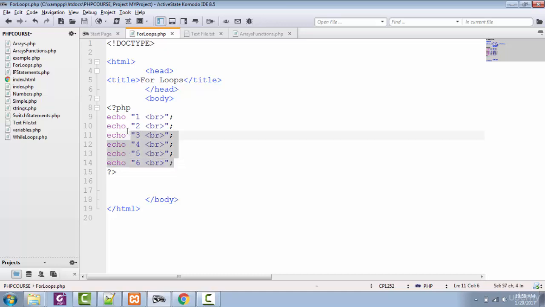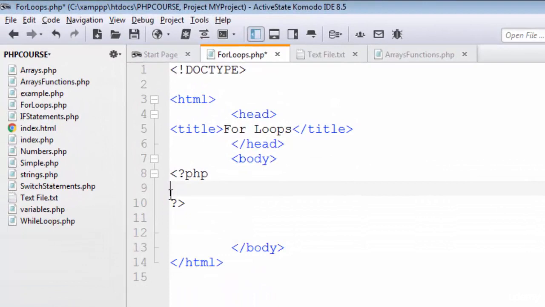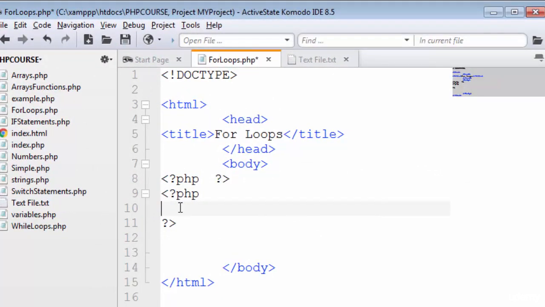Now removing these echo statements from here. First, for using a for loop we need some initial value. First you have to write the for keyword, then the parenthesis for the loop, and inside this we are going to add 3 things. First one is the initial step, second one is the condition, and third one is our increment.